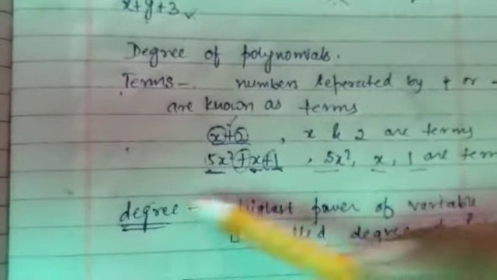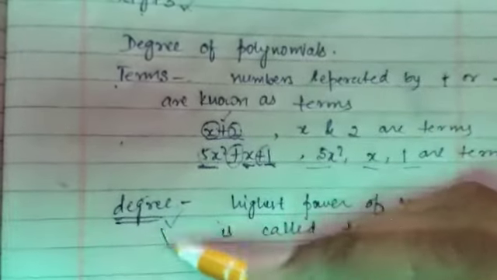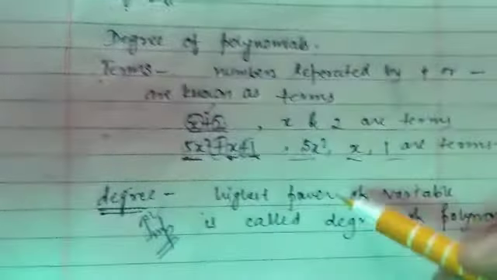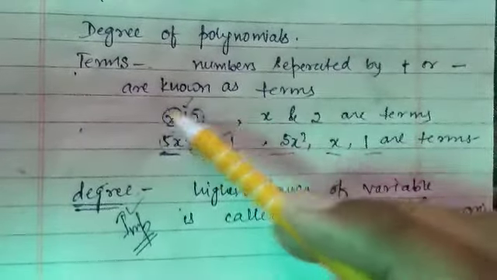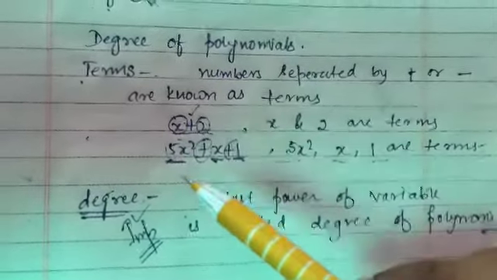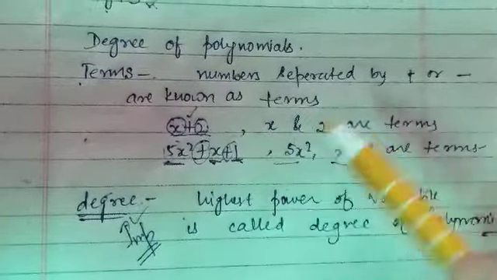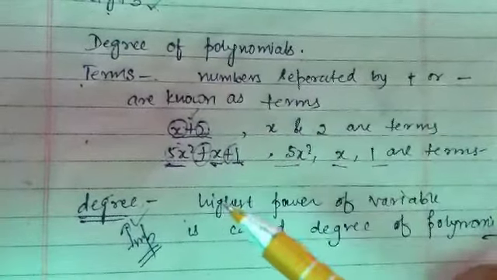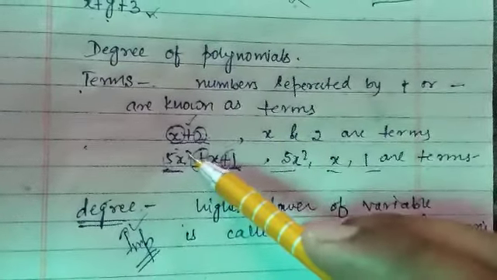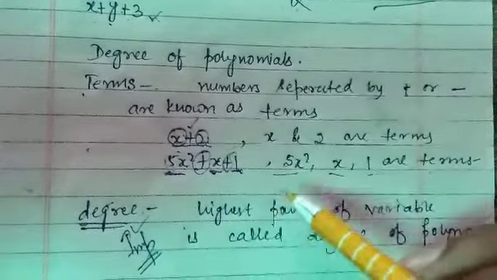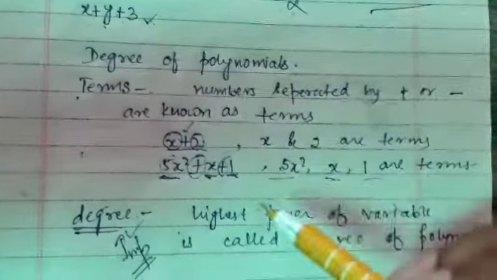So degree, after this topic, degree. What is the degree of a polynomial? A very important thing to discuss. Degree of a polynomial: you have already discussed the terms in the polynomial. Now, how many terms, no matter, but you know very well that in your syllabus there is only one variable, so you will check in which term the variable has the higher power. The highest power of the variable in a polynomial is called the degree of the polynomial.